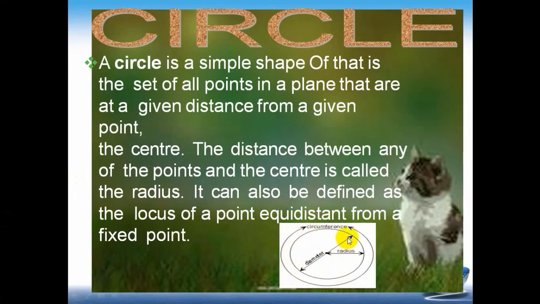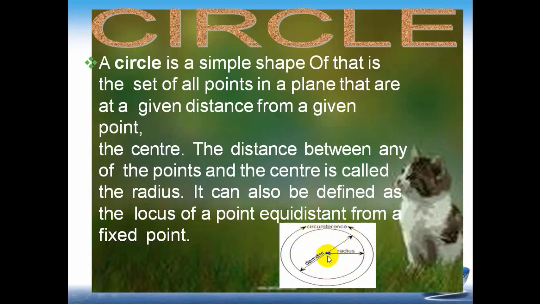In the characteristics, there are diameter, radius, circumference, area, tangent line, and secant line. These are all called the characteristics of a circle. And the next question is how to construct a circle. Suppose we have to draw a circle of 2 centimeter radius. So first of all, open the compass to a radius of 2 centimeter, fix the center for that circle, and draw an arc which will be the circumference of the circle. You will easily construct the circle of 2 centimeter radius.